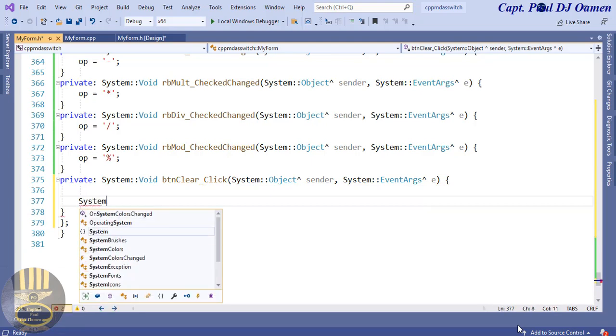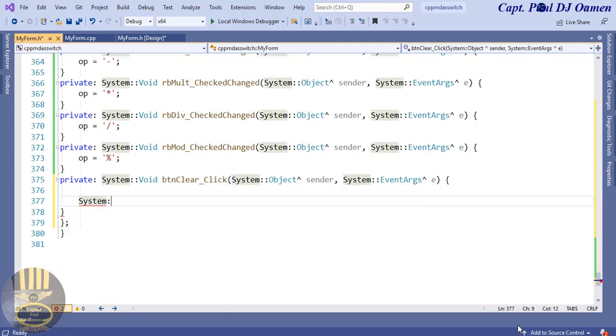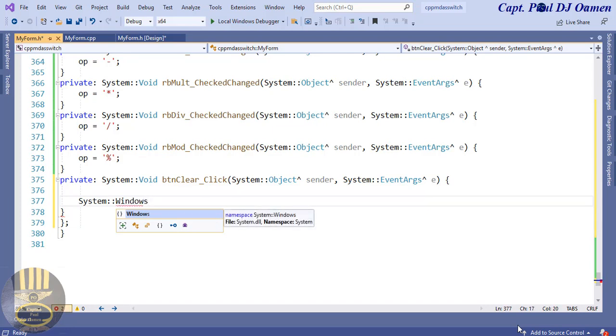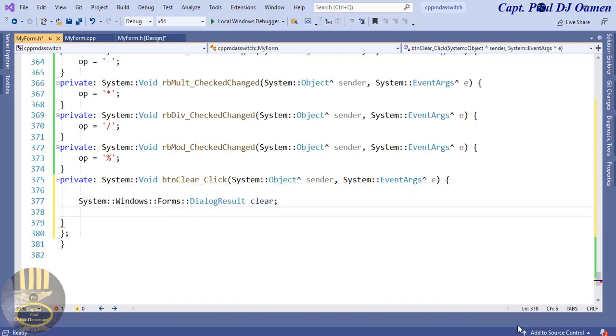Let's say System.Windows.Forms. You don't have to go through these, but I think it's a good practice. Let's say DialogResult, and that is going to be my variable, call it clear. There. So I will now use a message box to say